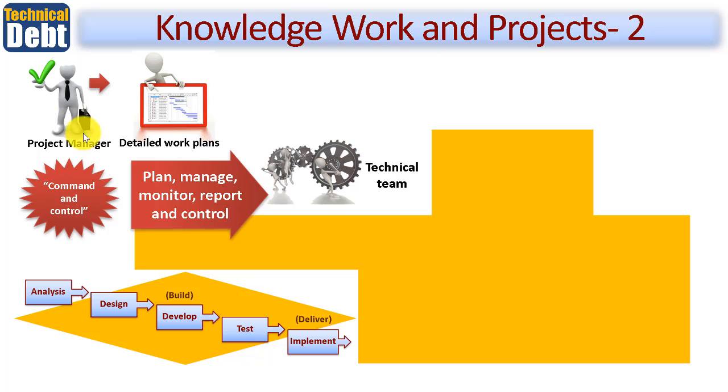Here's your project manager. Here's your detailed work plans. I've shown a little snapshot of a Gantt chart. Those will be loaded up with resources, and you'll have some form of technical team or specialist team, depending on the products that you are creating and ultimately delivering within this project. Please remember, a project is merely a means to an end, and that is, it's one of the ways in which you can create change and develop new or enhanced products and services. Generally, the approach here is command and control. And here I've reminded you again of the typical life cycle, either through phases or stages, from the beginning to an end of a traditional project.